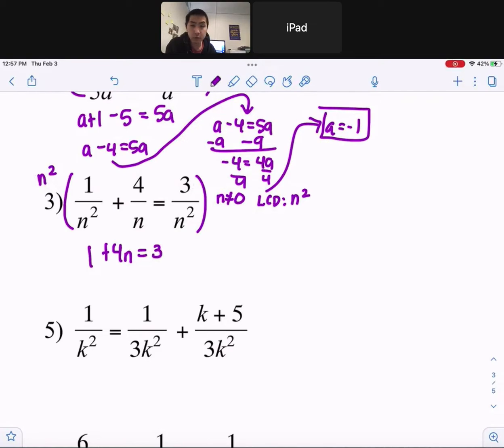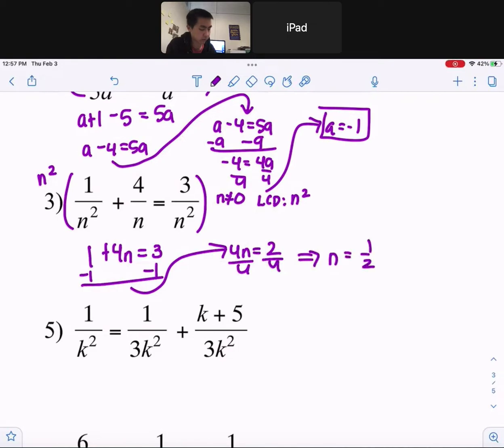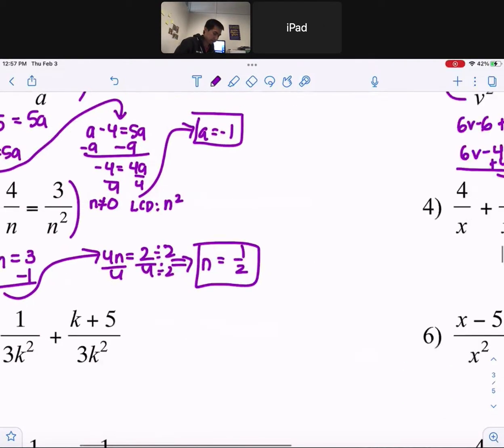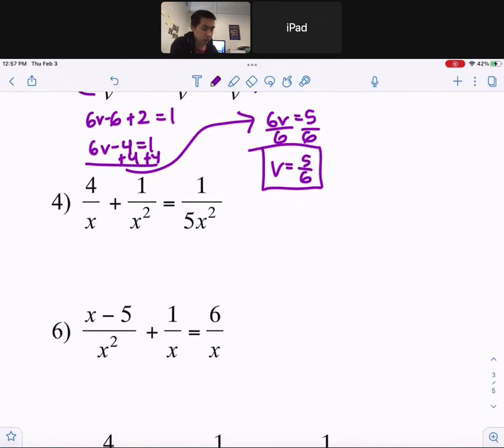So then solve for n. I'm going to move my constants to the right-hand side and variables on the left. Divide both by 4, and n equals 1/2, because you can divide top and bottom by 2. So there's number 3. Number 4, multiply the whole thing by, okay, first, x can't be 0, and your